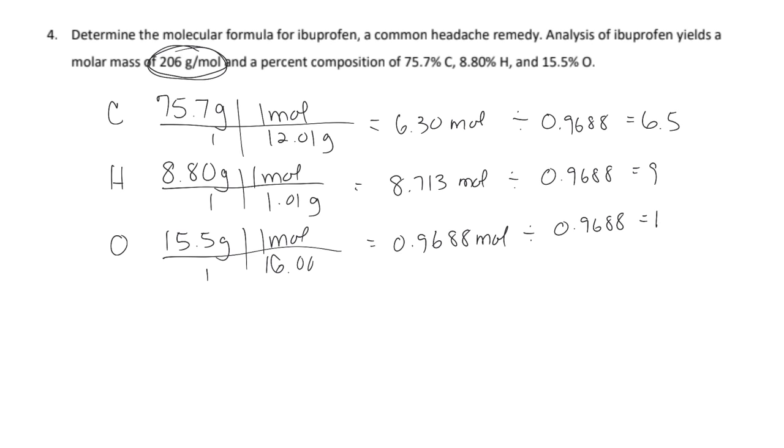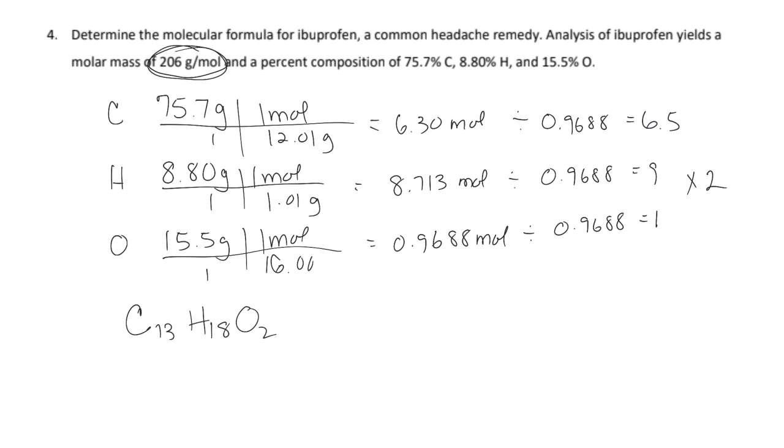This is 6.5. If I get a 6.5, I cannot round it. I have to multiply till whole. And the factor that I need to multiply by is 2. So it means I'm going to have 13 carbons. I'm going to have 18 hydrogens, and I'm going to have 2 oxygens. Now that is my